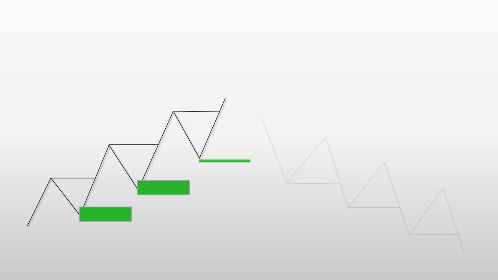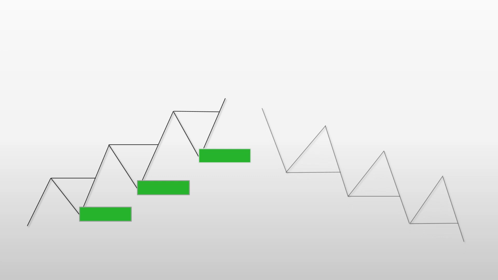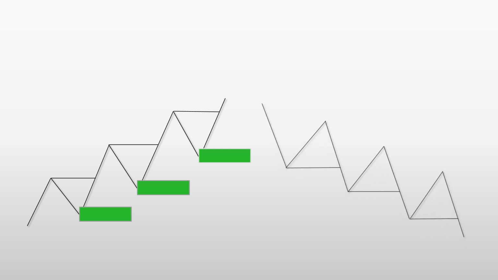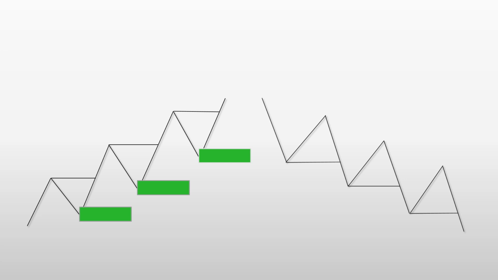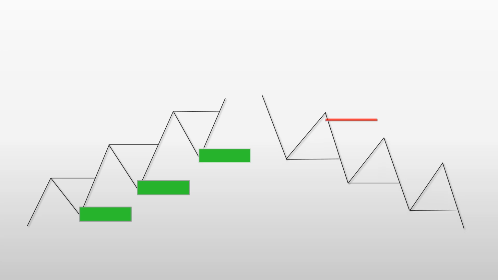These peaks and troughs can be thought of as ceilings and floors, respectively, that the price is moving between as it trends upwards. Conversely, a downtrend is characterized by a series of lower highs and lower lows on a price chart. The lower highs refer to peaks in the price that are lower than the previous peaks, while the lower lows refer to troughs in the price that are lower than the previous troughs. Again, these peaks and troughs can be thought of as ceilings and floors, respectively, that the price is moving between